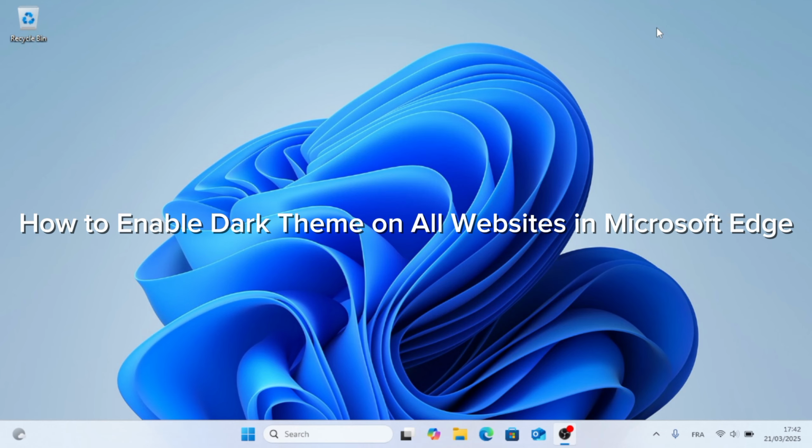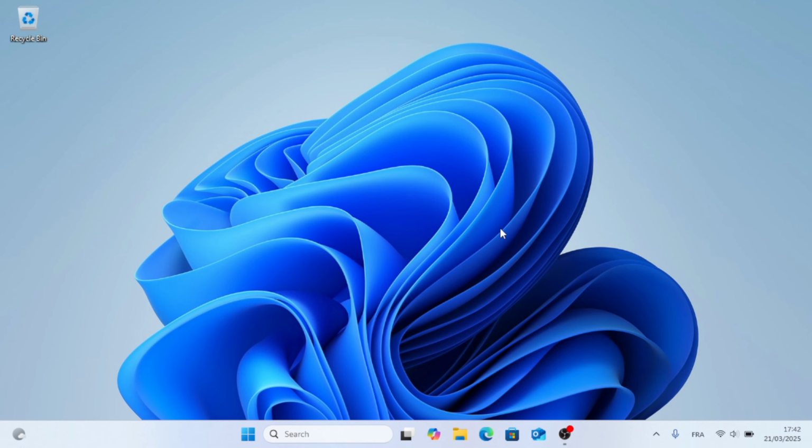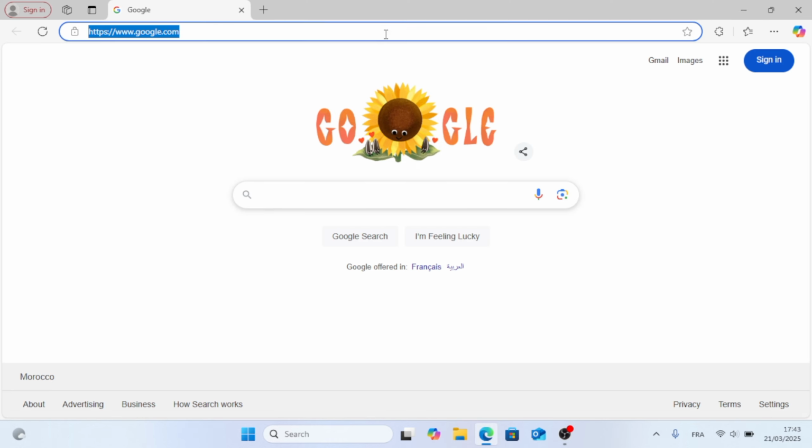In this video, I'm going to show you how to enable dark mode browsing on all websites in Microsoft Edge. First, all you have to do is to open up Microsoft Edge. And then when you have it opened up, just go to the top address bar and type in